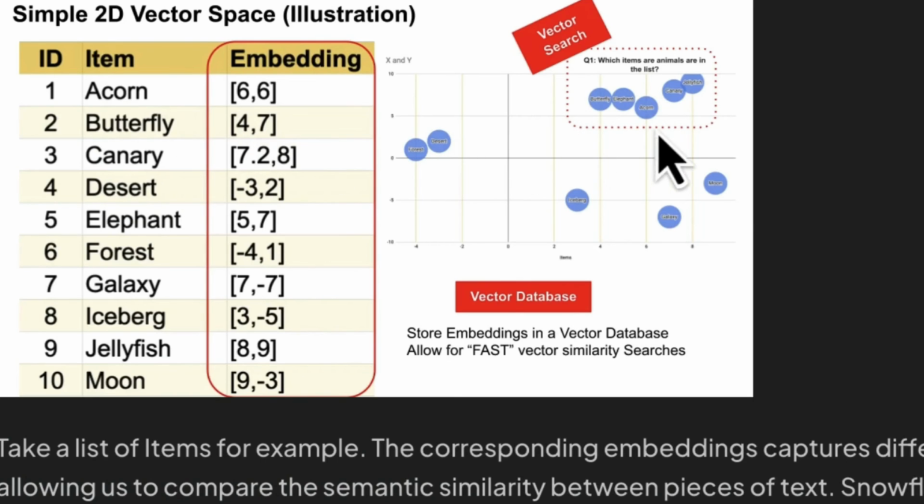If we did embeddings of these objects and we plotted them on a two-dimensional vector space, objects that are similar will cluster. In this case, I can see some of these objects are similar. Then over here, these objects are close. These objects are far apart. If I'm doing a search, say, give me objects that are very similar to this object, I should expect